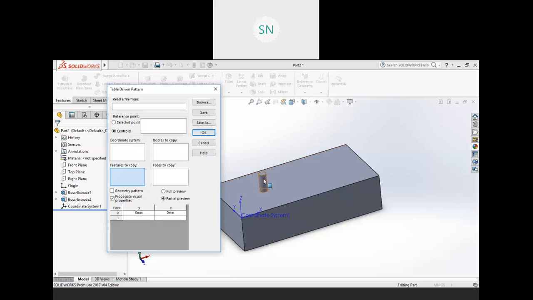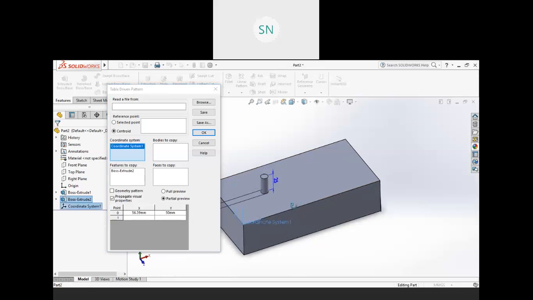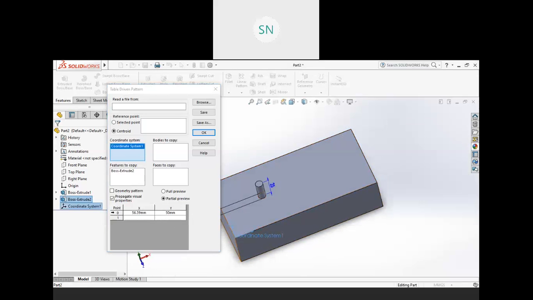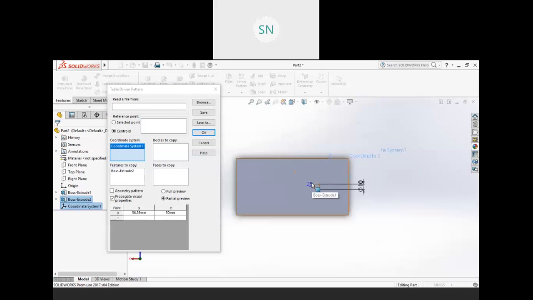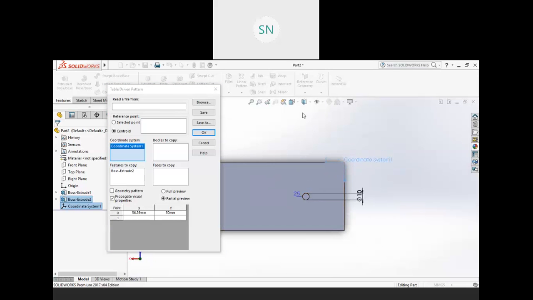So I want to copy this extrusion 2, right? And here you need to specify your coordinate system. So my coordinate system is this one. So the initial coordinate, see the point 0, this is your initial coordinate. And let me turn it onto the top view so you can view it from the x and y only.